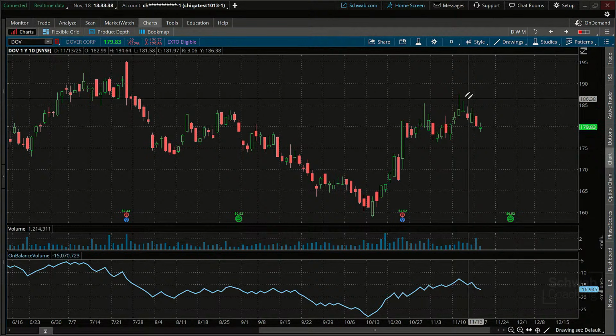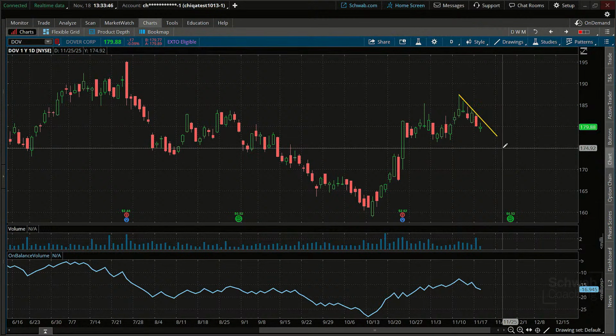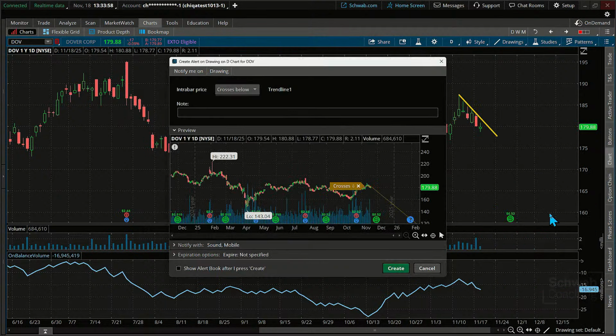I'm going to use a totally different alert here. It's going to be the downward sloping trend line. Let me know, text me, email me if we break above this level. Right click, create alert with drawing instead. So this is not just an alert, like create alert down here. It's with an actual drawing tool. Cool feature. You've got to change this though, because the default is below; crosses above is what we're going to put. And I'm just going to put this trend line break. So that comes through on my text message.